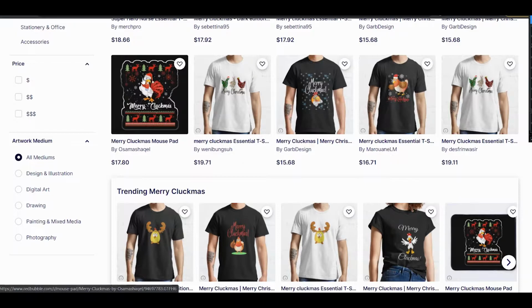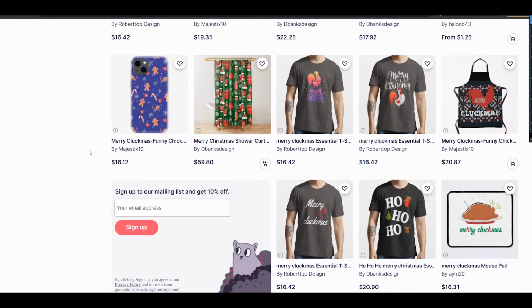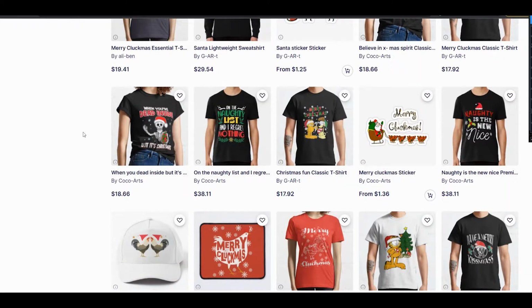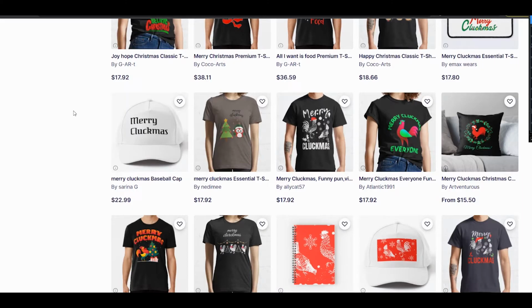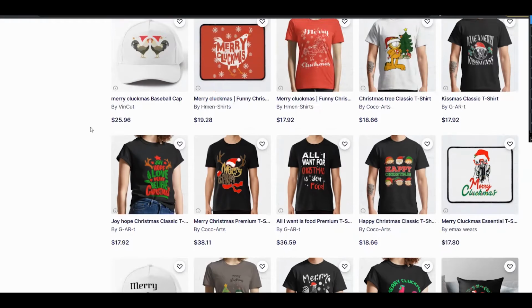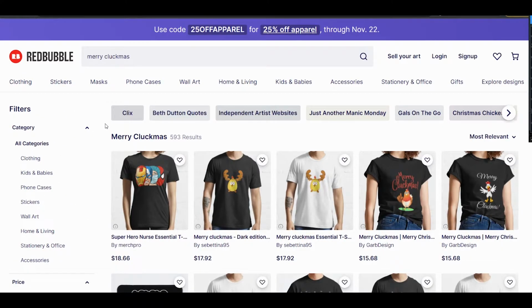A chicken with a Christmas hat, or with another element here. And if you have some illustration of a chicken, you can simply add a Christmas hat to it, and maybe some snowflakes, and of course it will look like a Christmas design after that. All other elements of Christmas will suit well here, and I think you can make this design really fast. Yes, I don't think there will be a lot of sales for this design, but I like that